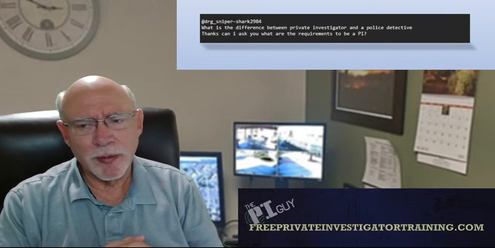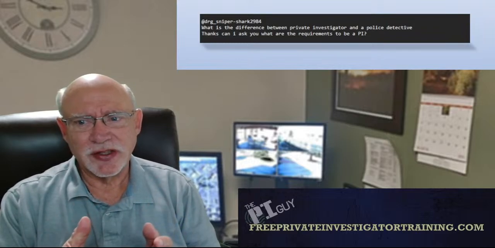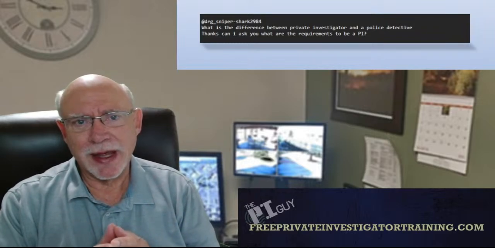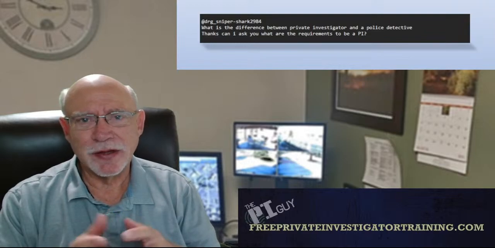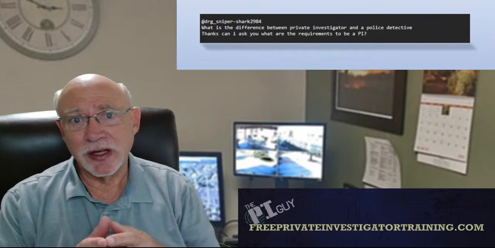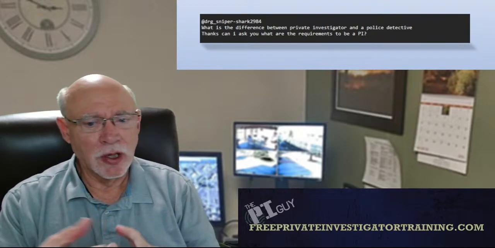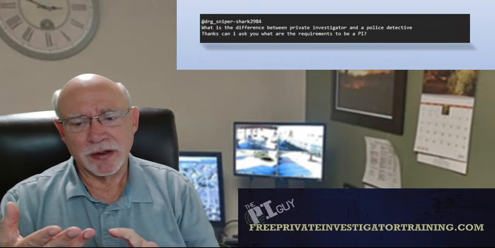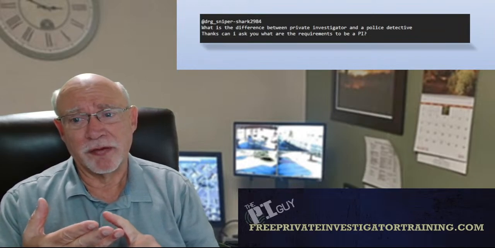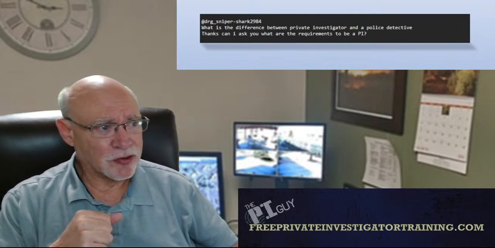And then what are the requirements to be a PI? That's going to depend on the state that you live in. Most states have PI licensing, and each one of those licenses is going to have different requirements. So you need to go to the state licensing authority and you need to see what those requirements are to get that license. And you're usually going to have insurance and bonding as well to be able to get that license. So I hope that helps,